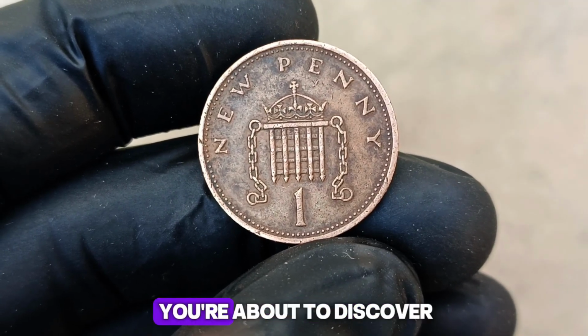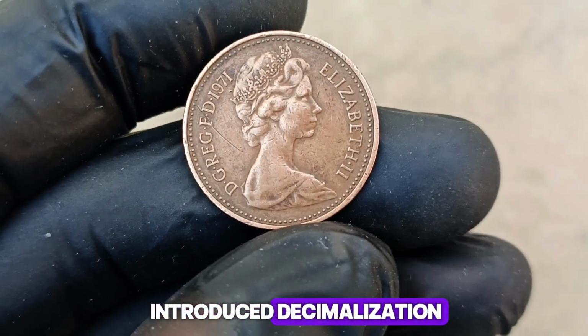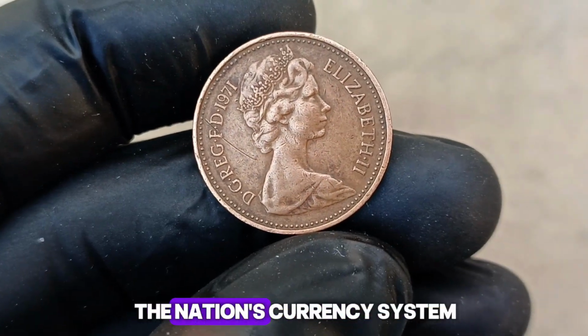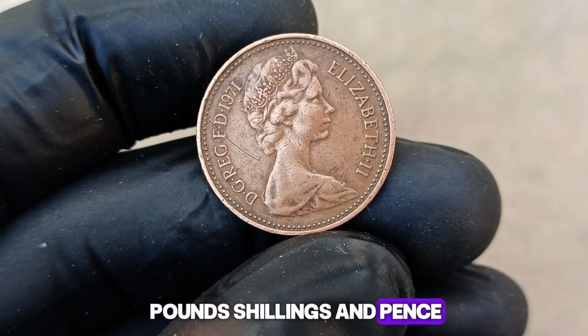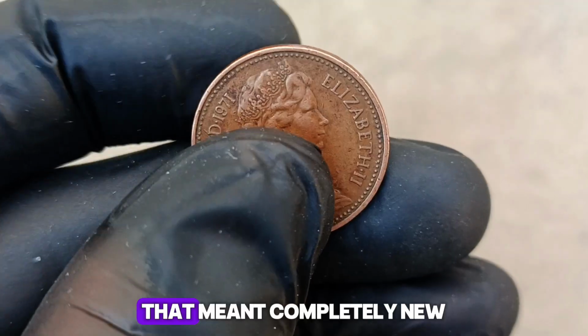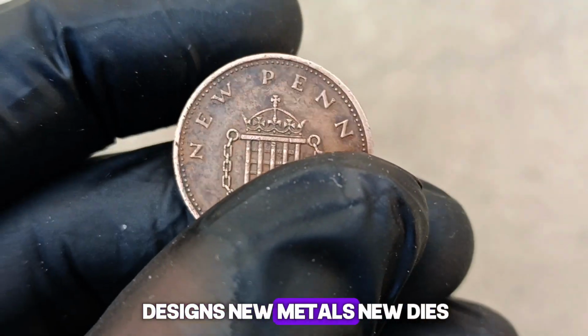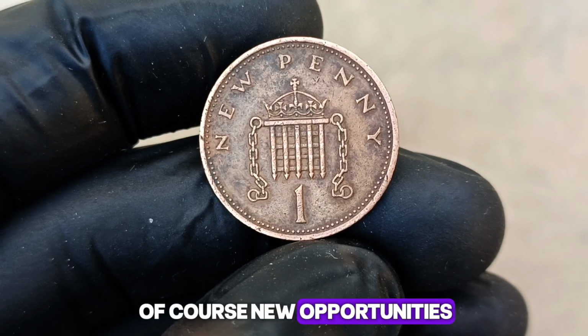And tonight, you're about to discover why. In 1971, the UK introduced decimalisation, an enormous change in the nation's currency system. Instead of the old pounds, shillings, and pence, Britain moved to a simple base 10 monetary system. That meant completely new designs, new metals, new dies, new production runs, and of course new opportunities for extremely rare